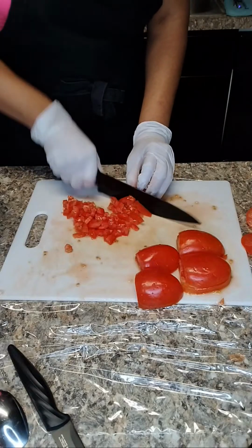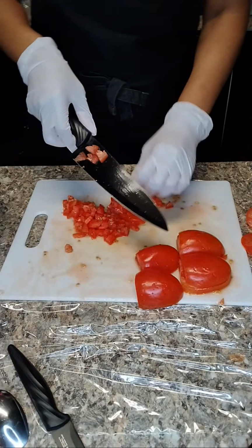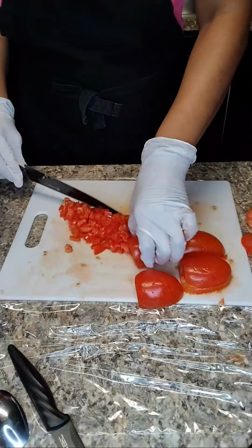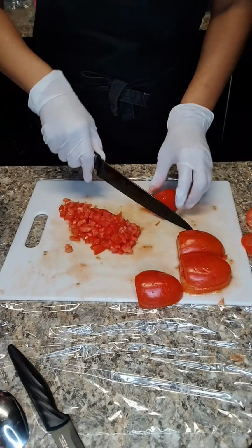Yeah, I'm really happy about these tomatoes going bad that quick. I just ordered these a few days ago. On the plus side though, the good thing about pico de gallo,